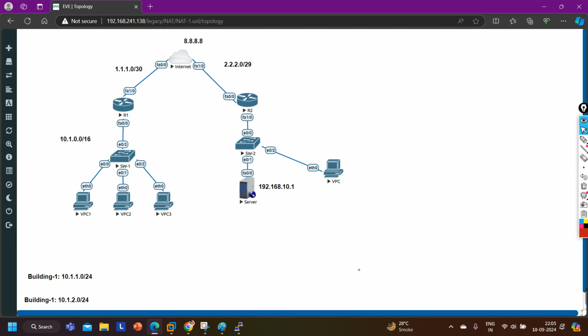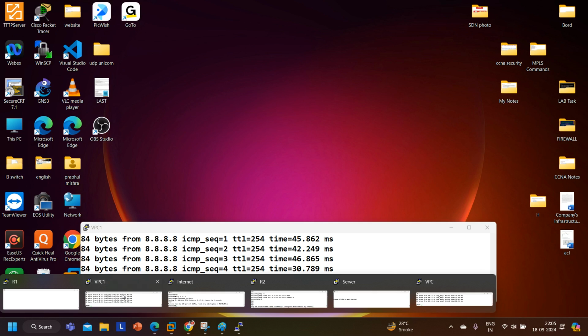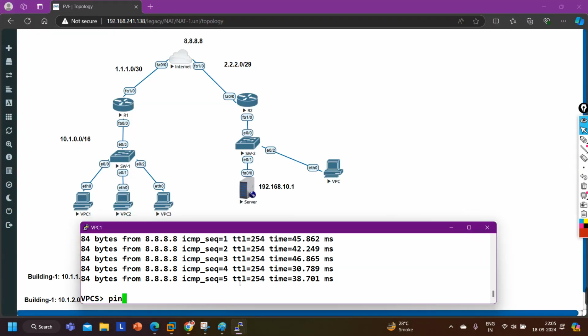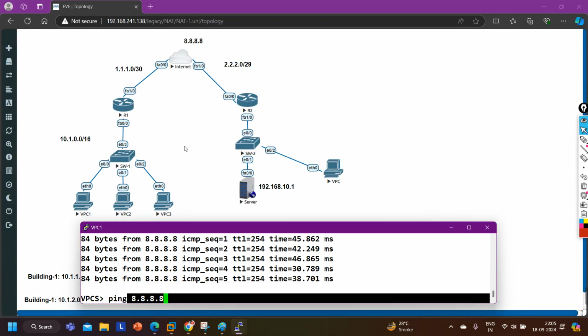So when will the router add the GRE header? Whenever the exit interface is a tunnel interface. If this PC pings 8.8.8.8, will the router add a GRE header? No, because 8.8.8.8 will match the default route, and for the default route, the exit interface is a physical interface.